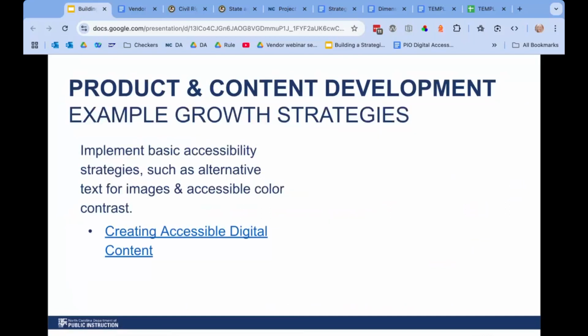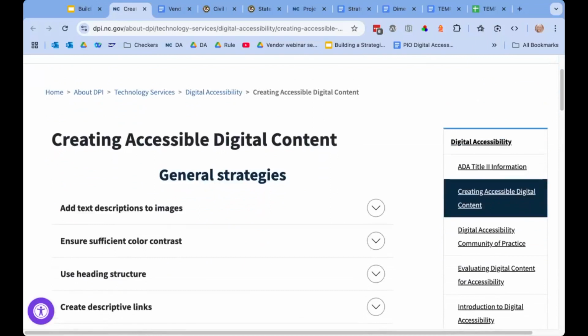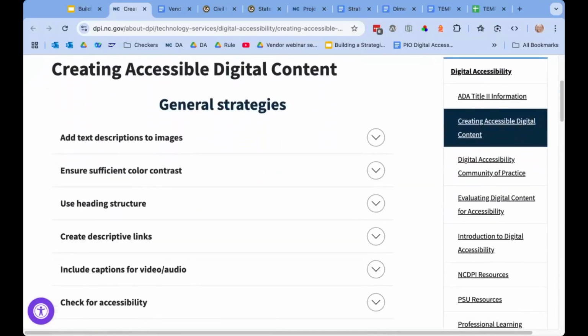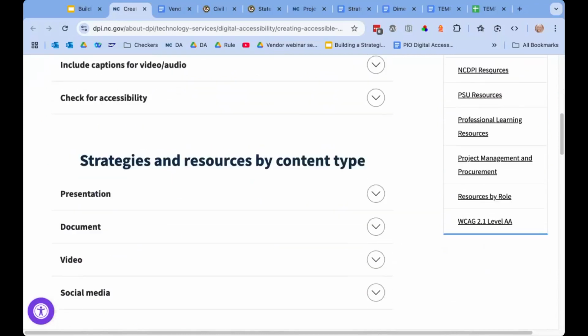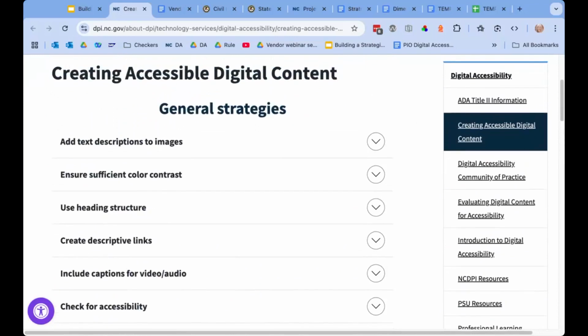So one of the resources I just wanted to point out to you as a resource that you might could use as a way to improve in this area is a web page that I have on my website about creating accessible digital content. Now, this website is pretty basic in terms of kind of an intro level